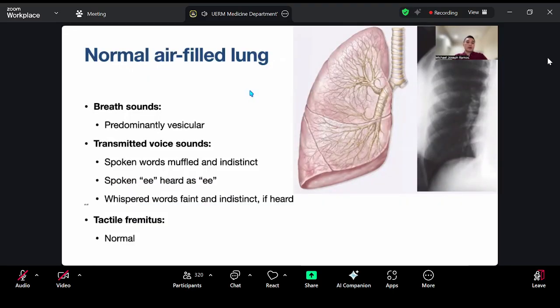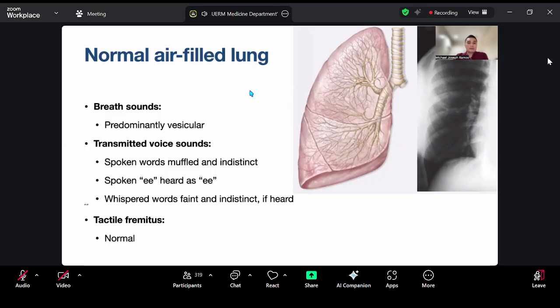So for normal lungs, as a review, with a patent airway and with no airway secretions, breath sounds would be predominantly vesicular with absent adventitious breath sounds. The spoken words would be muffled. The spoken E would be heard as E. The whispered words are indistinct, and that is because air impedes the transmission of these words, and the tactile fremitus